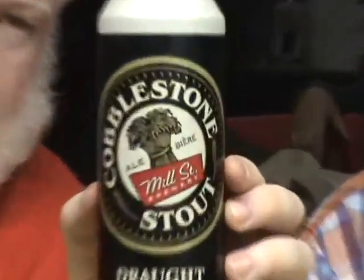We're drinking a beer that I've been waiting years to try because it was only on tap at Mill Street. We're drinking the Mill Street Cobblestone Stout, which is a draft stout. It's Canada's first, and only as of right now, nitrous widgeted stout. 4.2% alcohol. So this should do the exact same thing as a Guinness does, as a Kilkenny does,